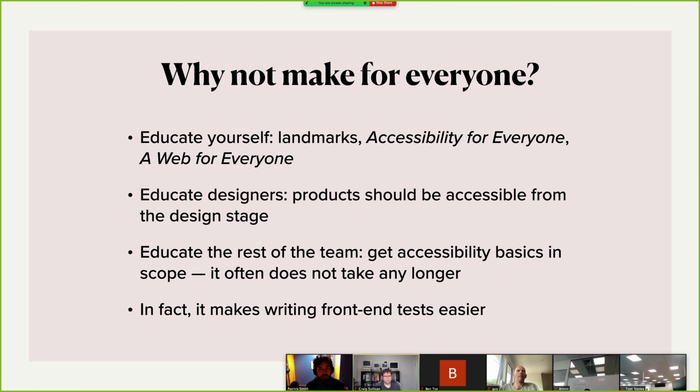So the question here is, your product manager or your team or business leaders or developers might ask, why should we bother doing this? And you could flip it around: why not just make it for everyone? There's a slide coming up that will show maybe accessibility is more than who you just normally think of, but I encourage you to educate yourself, learn this stuff. There are some books you can read, such as this one,